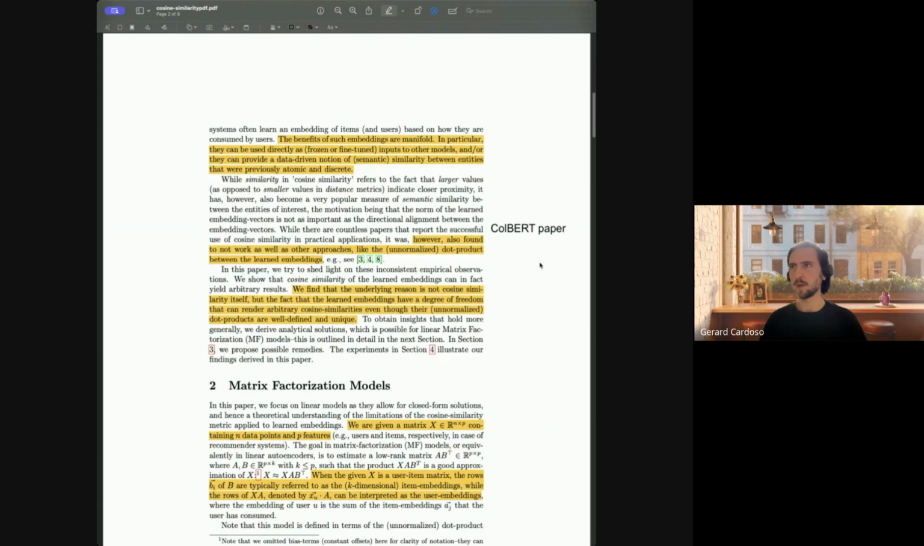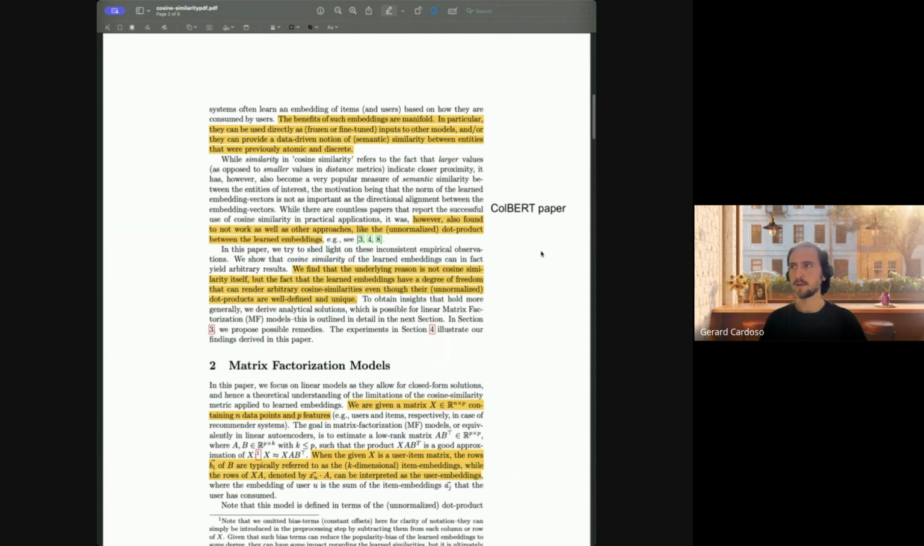I guess the context of the paper, as I mentioned, is the fact that sometimes cosine similarity is effective, but other times it's shown that it hasn't been as effective. They give a few examples of alternative methods that have been shown to outperform cosine similarity in different use cases. One which I definitely recommend reading is the ColBERT paper, which I think is quite a cool paper and method generally for doing similarity search,